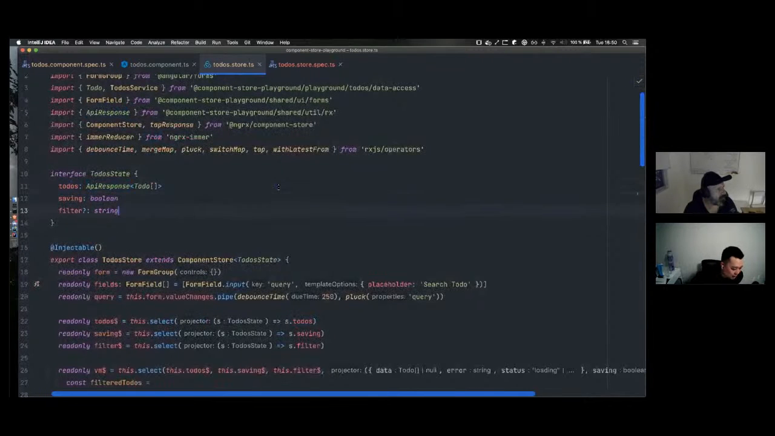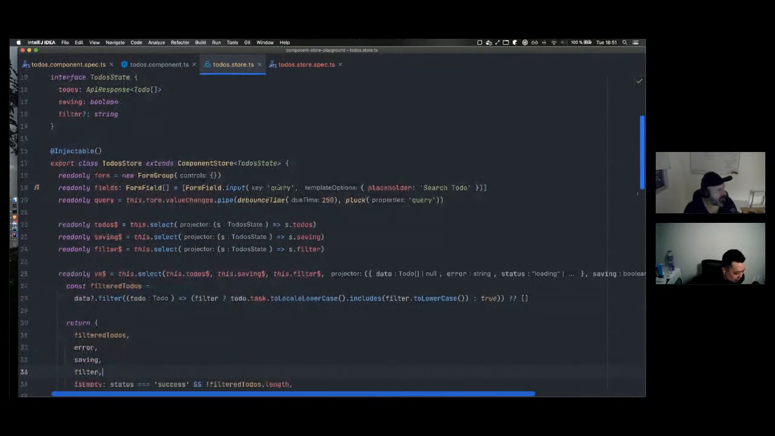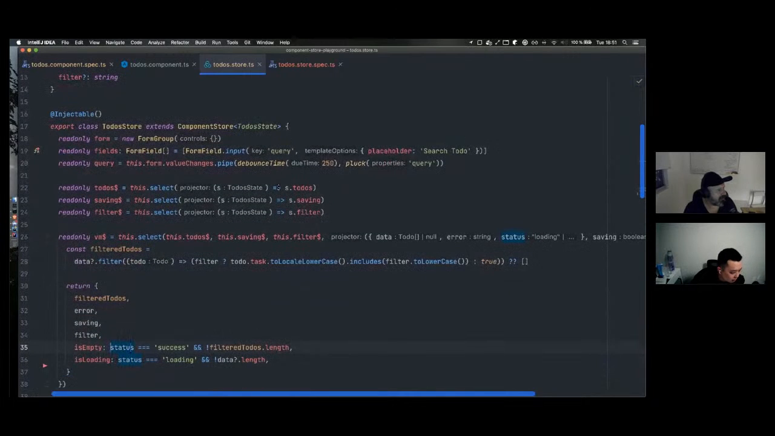So okay, this is right. API response is the status. And the status comes from here, loading. And this comes from the todos straight away. So loading, but data is not set. Let me make sure that I'm not crazy here. So